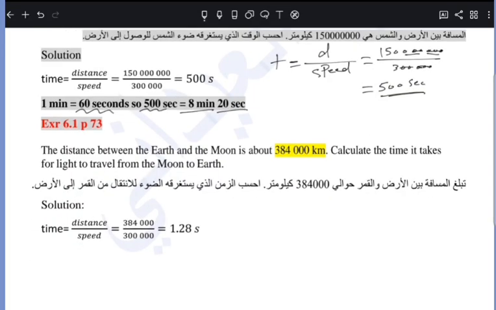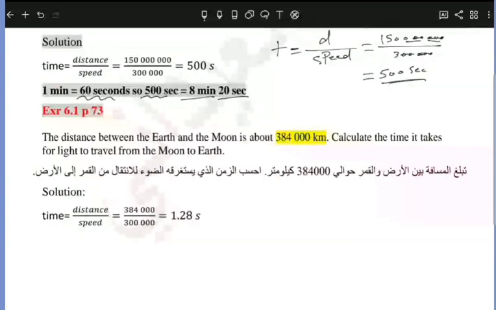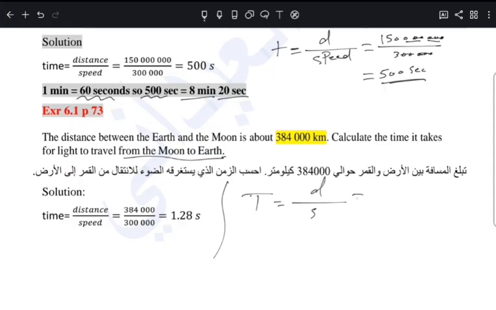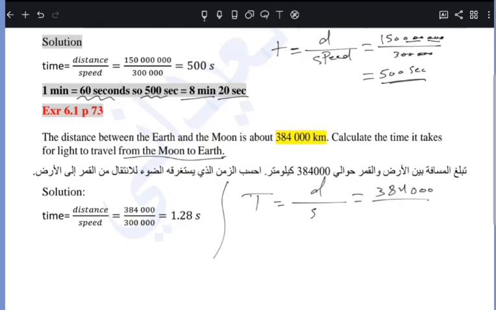Now exercise 6.1, page 73. The distance between the earth and the moon is equal to 384,000 kilometers. Calculate the time taken for light to travel from the moon to the earth. We can use the same law: time is equal to distance over speed. Distance is equal to 384,000, the unit is kilometer, and the speed is equal to